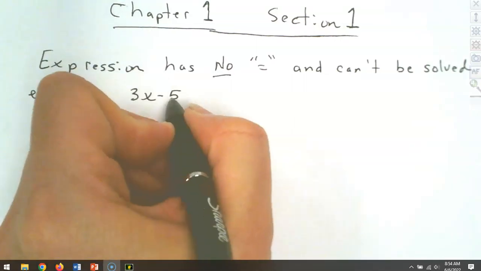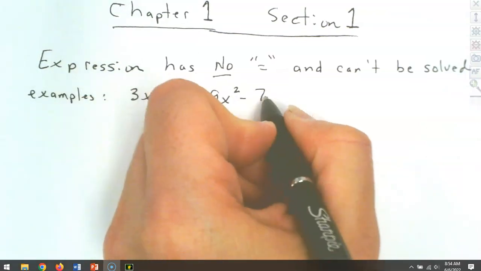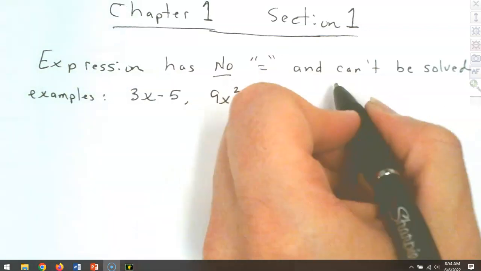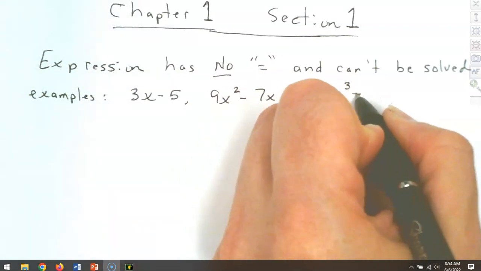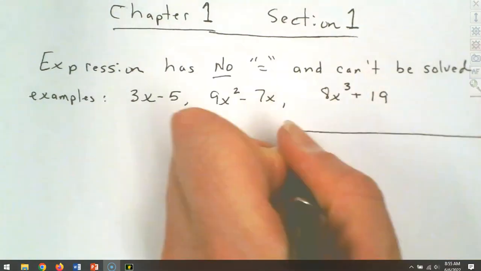3x minus 5. 9x squared minus 7x. How about 8x cubed plus 19? So those are all going to be examples of expressions. Now, we don't work with expressions much in this course. We are going to focus primarily on equations, because equations we're going to be able to solve, okay, and we're going to actually get an answer. So these are expressions. We encounter expressions once in a while, but mostly our focus is going to be on